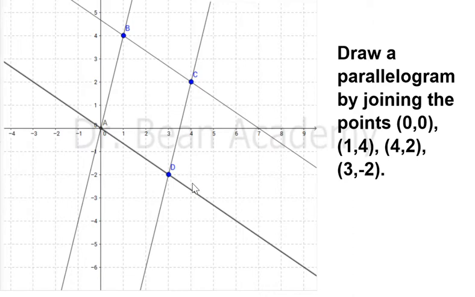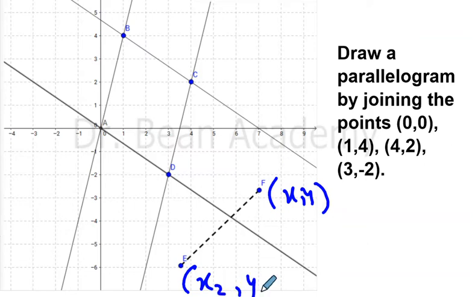Don't worry, it is a parallelogram, and later on we will learn how to find the length of this segment DC or any line, as long as you know the coordinates of the end points. For example, once you have a straight line like this, and you know the end points, for example this point, if you know its coordinates x1 and y1, similarly you know the coordinates of this point, maybe x2, y2.